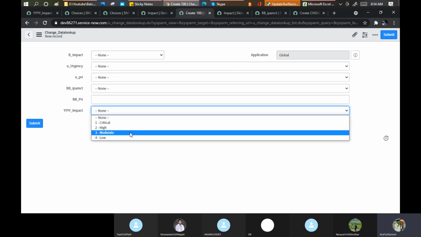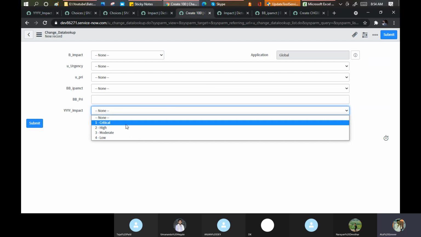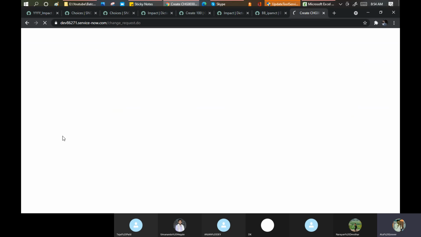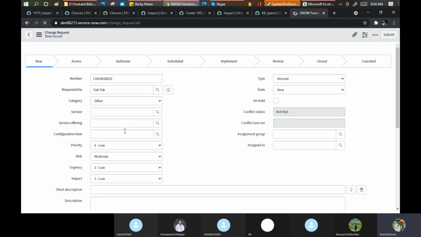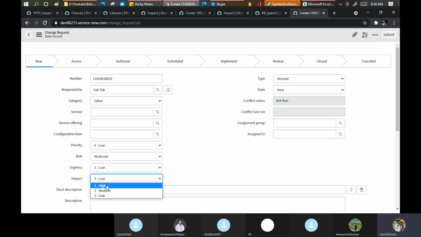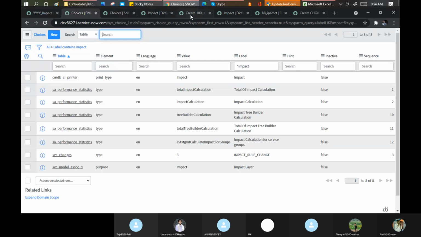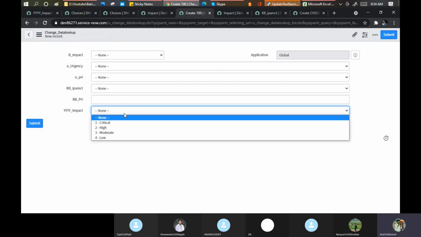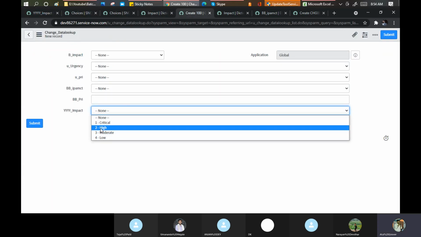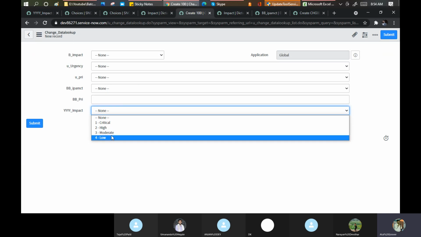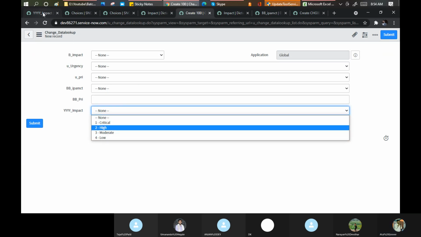Yes, now it's there, but it is showing me the value of the priority, not the impact. If you open this change, let it be open, I'll show you. So multiple factors need to be taken into account. See, actually my impact is 1, 2, 3, but in my data lookup I have 1, 2, 3, 4. This one, 1, 2, 3, 4. Or in the background they have some script for this.